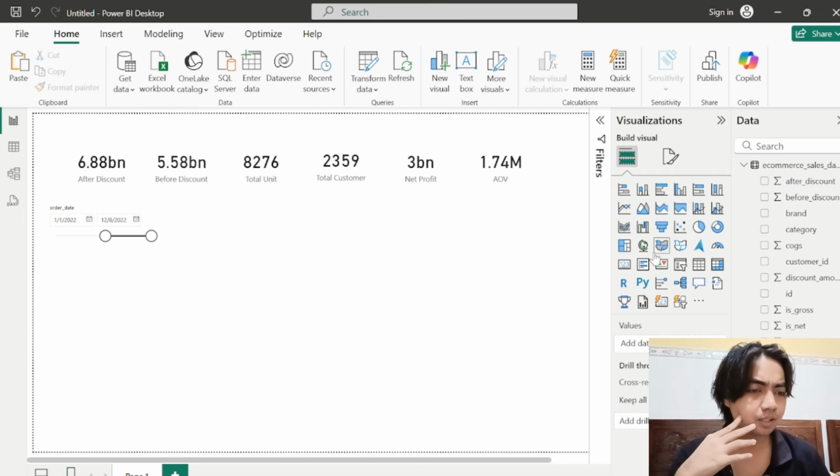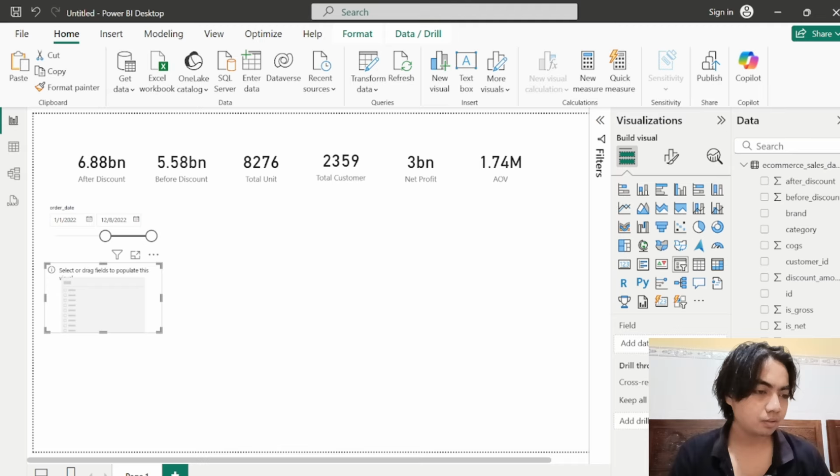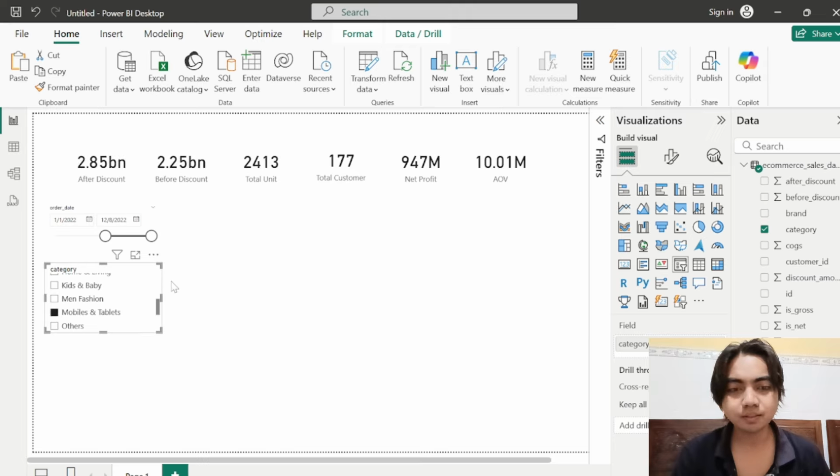And then let's get another slicer, and let's put the category there, and maybe I would like to choose mobiles and tablets. Let's see. Okay,